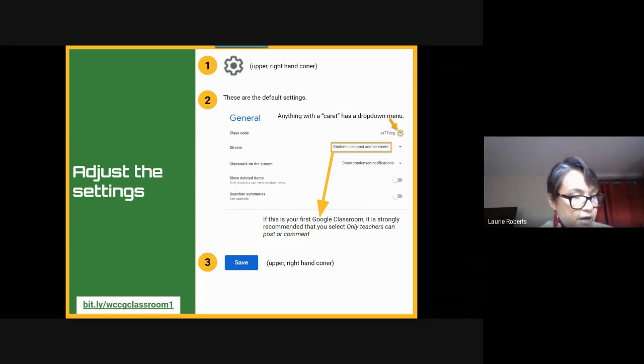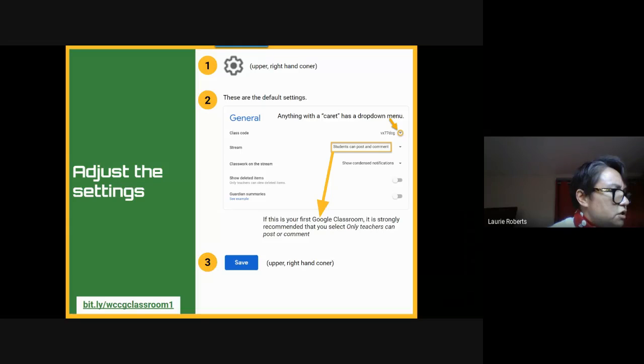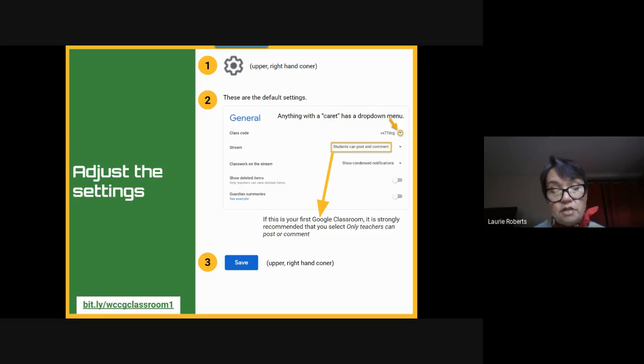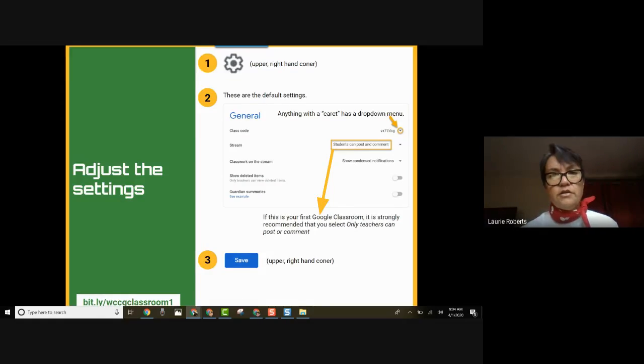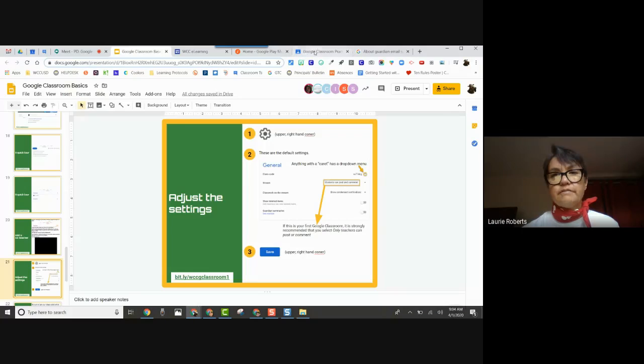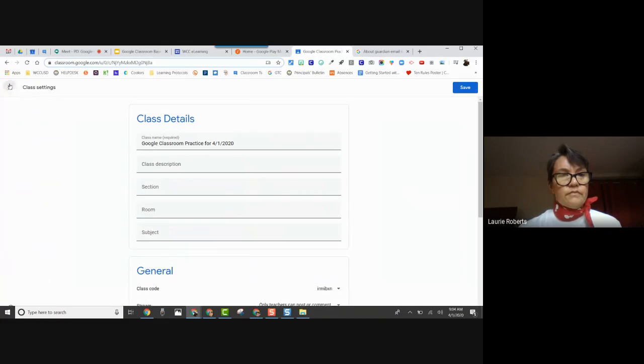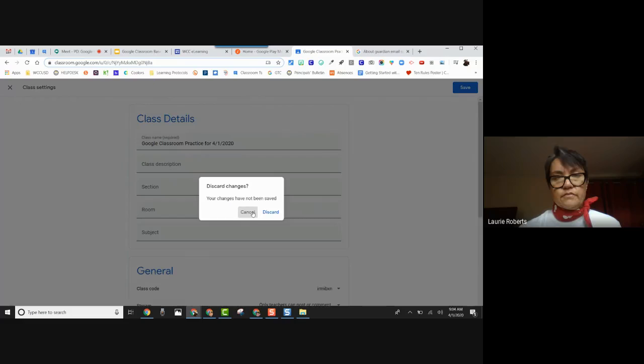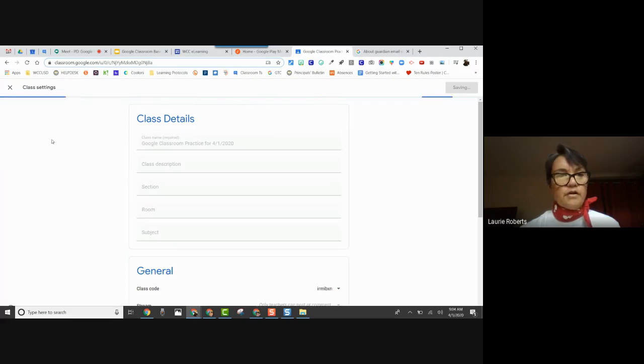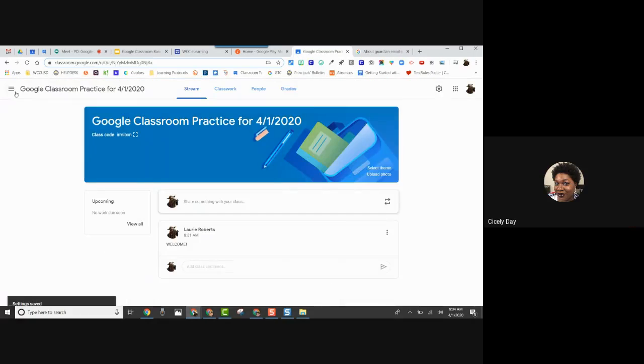John, you asked if the process of selecting the stream settings, etc., has to be done with each class. Yeah, every time you set up a Google Classroom, yes, you have to do that. I don't think there's a way to copy and paste an entire Google Classroom. You can do that with assignments. Cicely, do you know if you can copy and paste an entire classroom? I don't think you can. That's a good question. Let me look. Copy and paste, an entire classroom. I'm going to just go back. I thought at one point you could